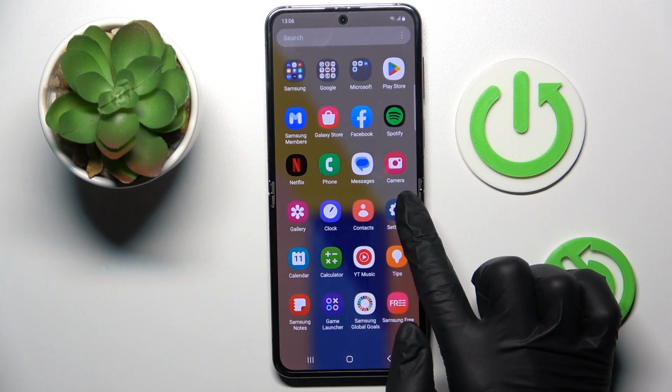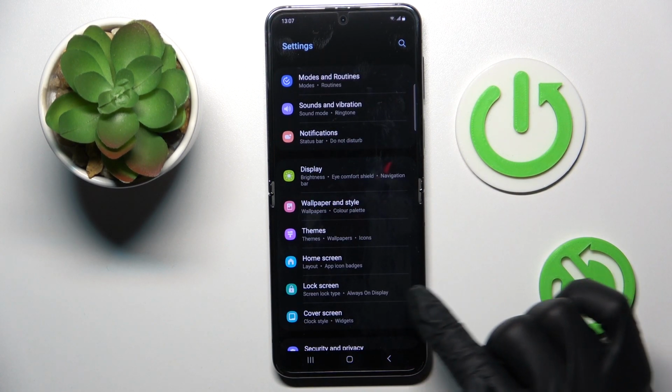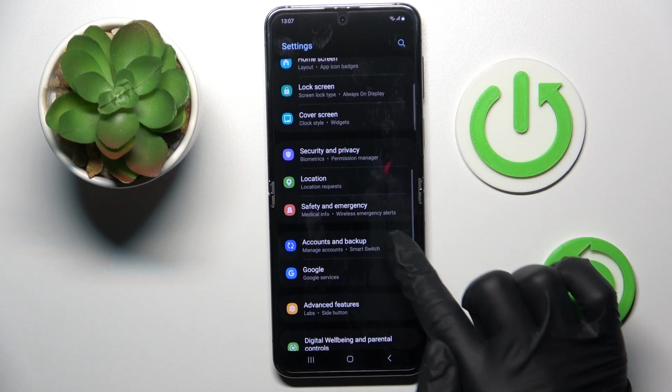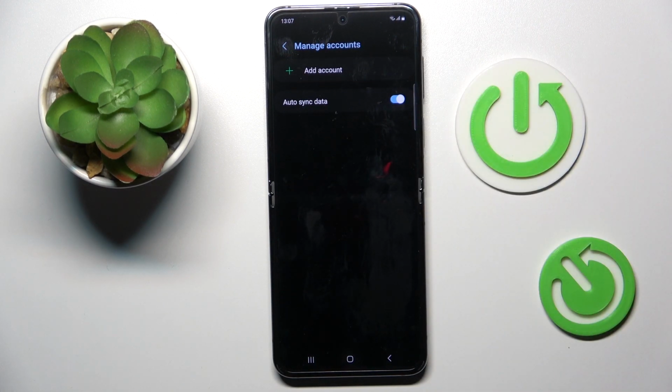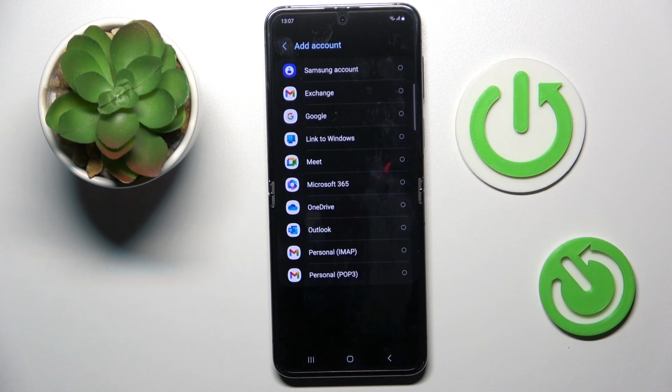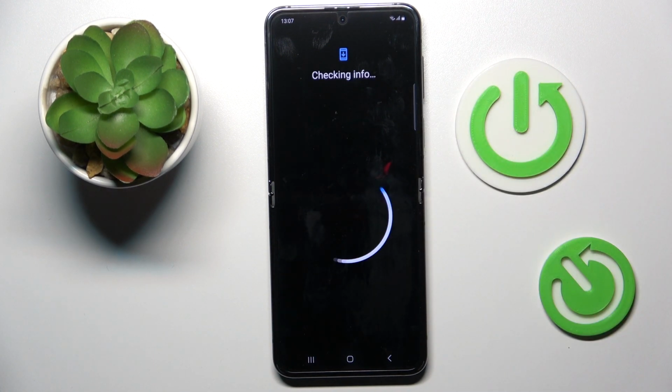So at first, open the list of all apps and go to settings. Then find and select accounts and backup and click on manage accounts. If you want to add your Google account, you have to click on plus icon, select Google